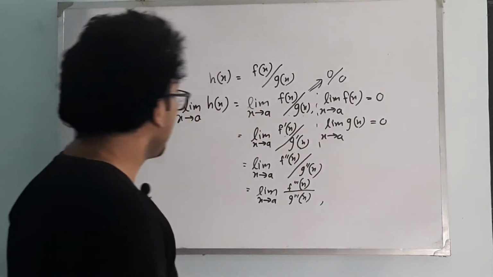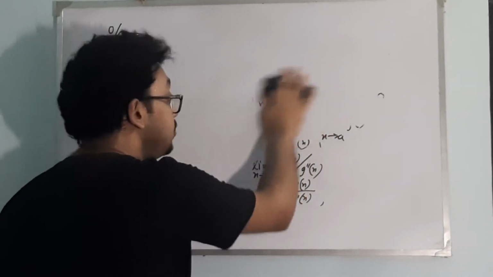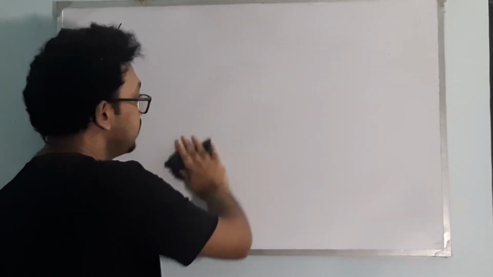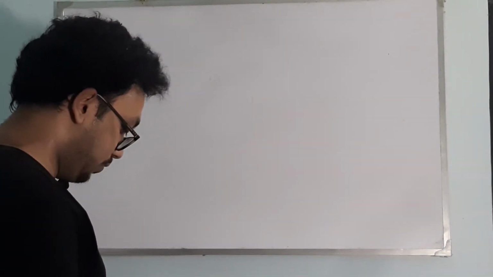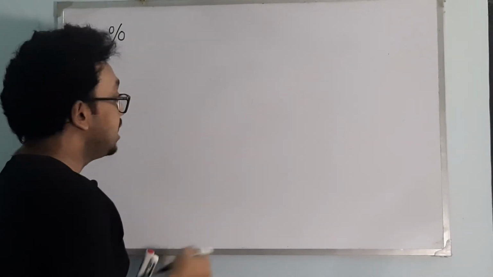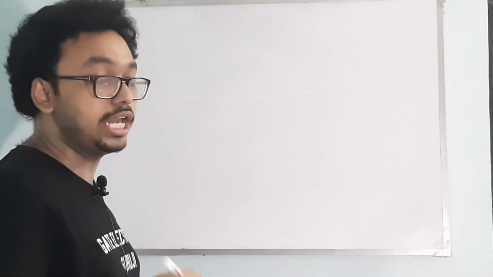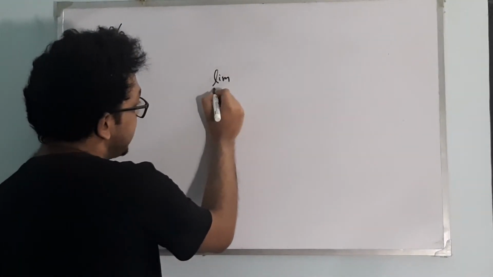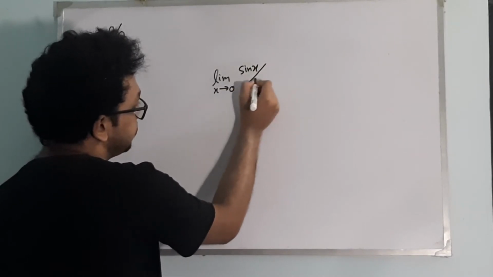Now let me solve a problem from this. I will take a very easy problem. I will definitely solve good problems after I complete the theory part. In the standard limit, I had said that the limit as x tends to 0 of sin x by x is equal to 1, but I did not give the proof. Here we will prove it. So see, we have to find this limit, right?